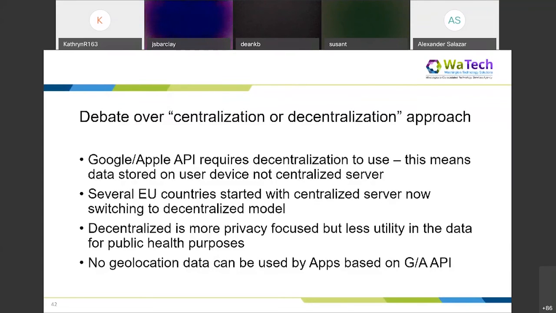It just hasn't worked out as well to follow the centralized model for a lot of those countries that have tried. And there's been some frustration from the countries and public health officials sort of demanding that Google and Apple share more of their information in terms of how their operating systems work so that they can develop apps in a more centralized way. But so far, Google and Apple have declined to change the privacy-centric model that they're using.